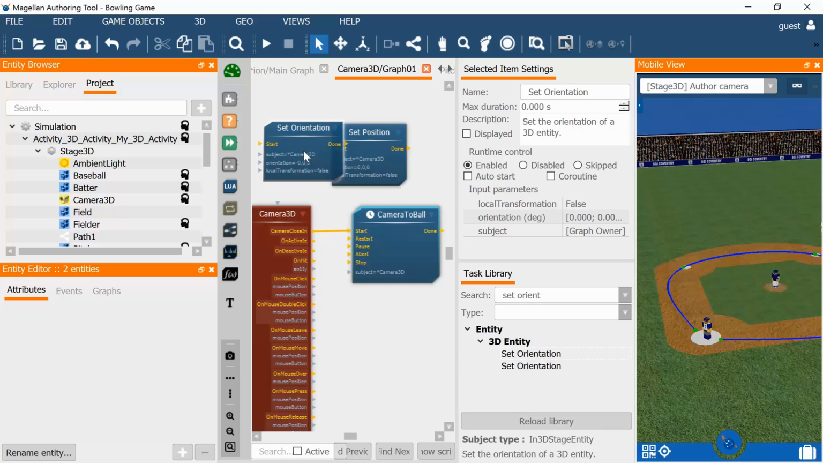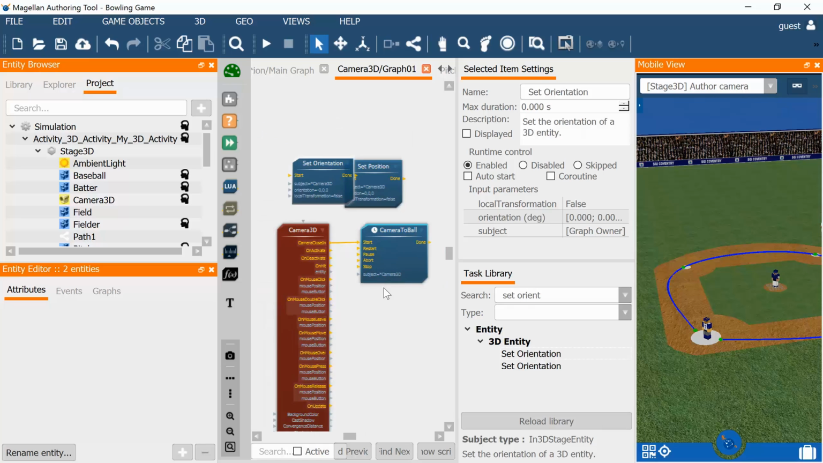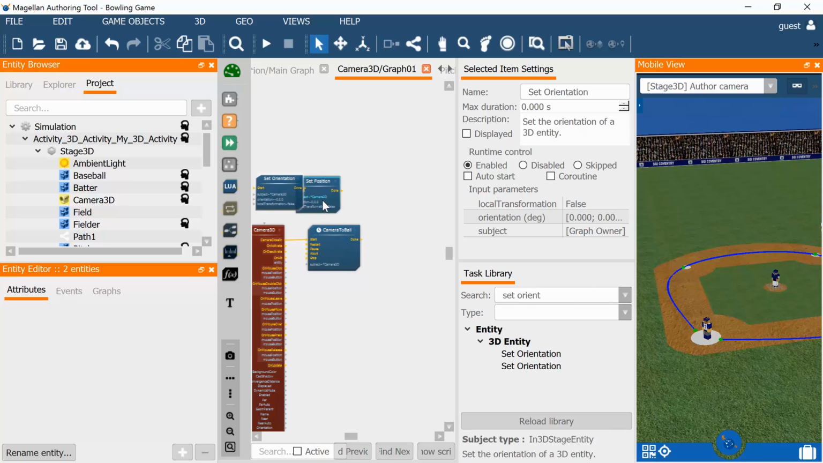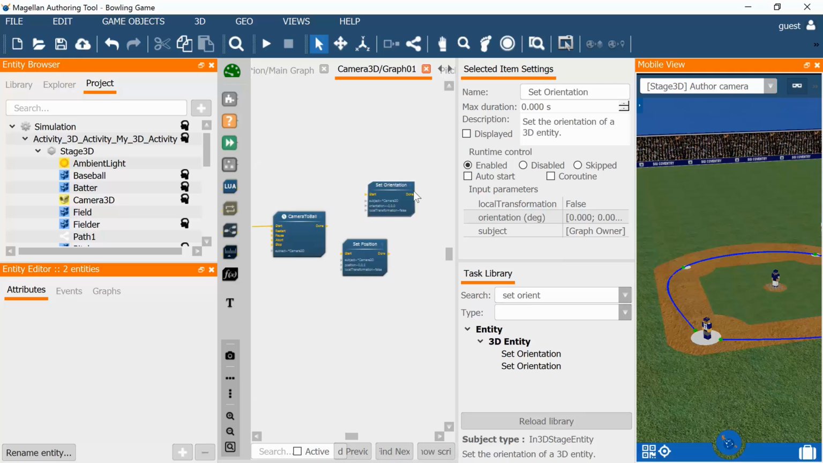tasks, and let's arrange them a little bit. There. For the position, enter these values: -74, 19, and 69. And for the orientation,